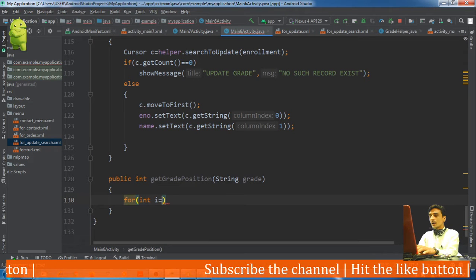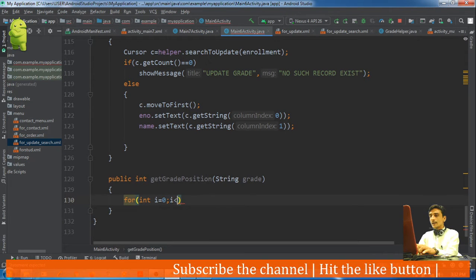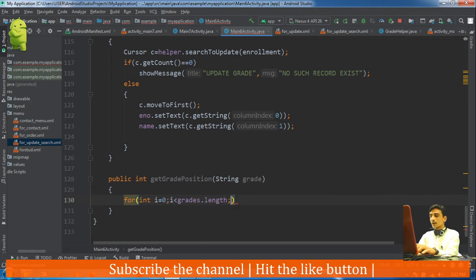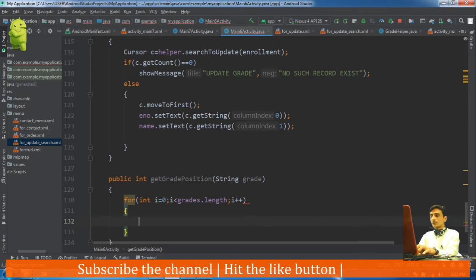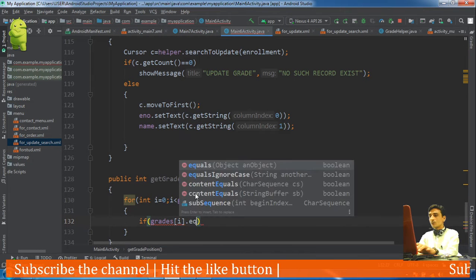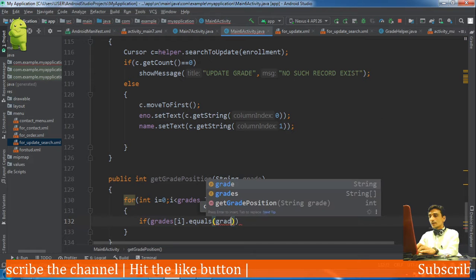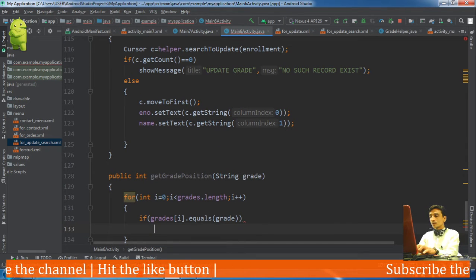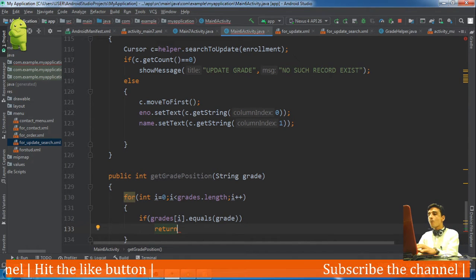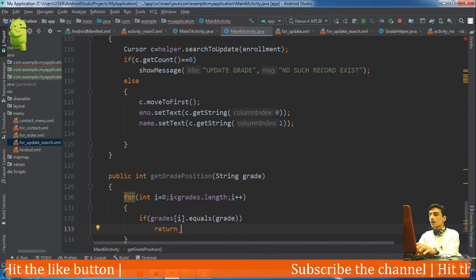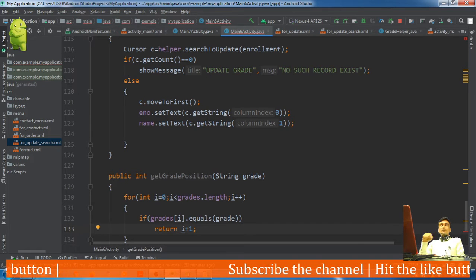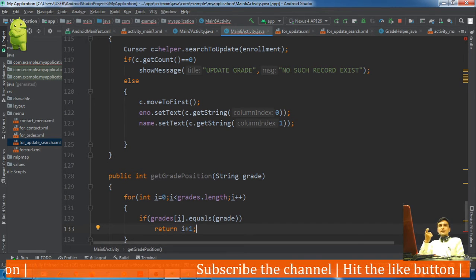For integer i equal to 0, i less than grades dot length, i plus plus, if grades of i dot equals grade which is passed as argument, then return i plus 1, because in the spinner that item will be available at the next position, because in the spinner the first item is select the grade.